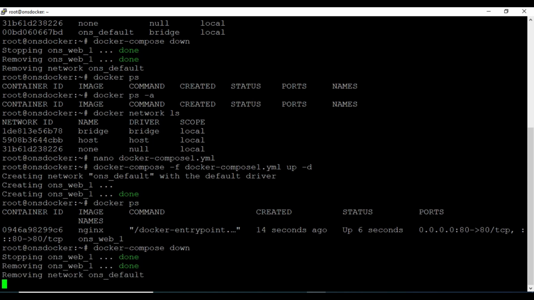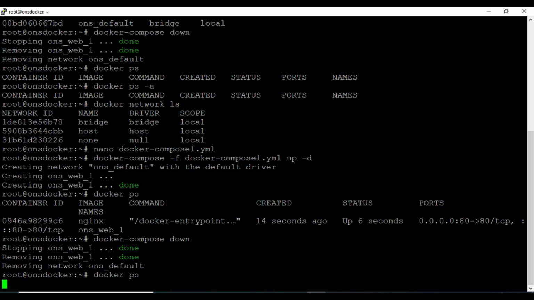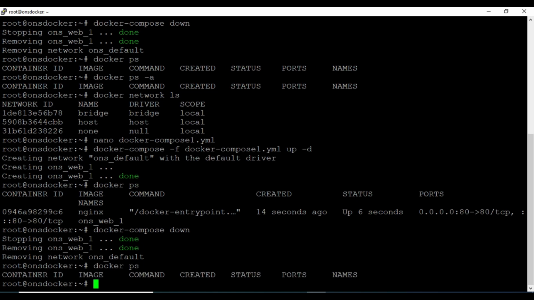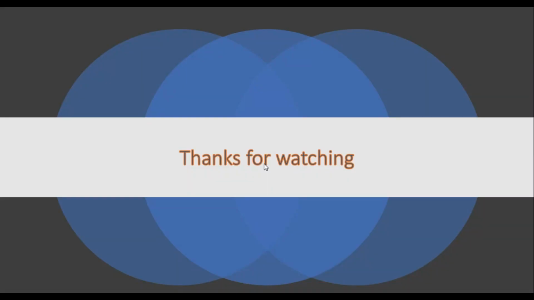You can see here that it first stops, and after that it removes your container and network as well. Then if you type docker ps, you will see there is no container.